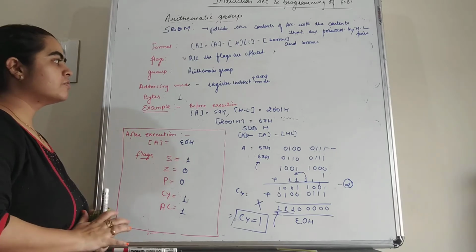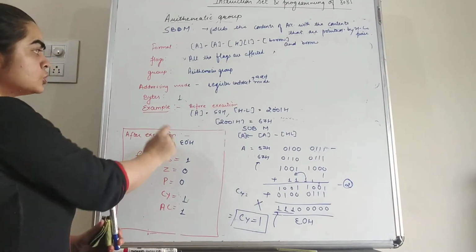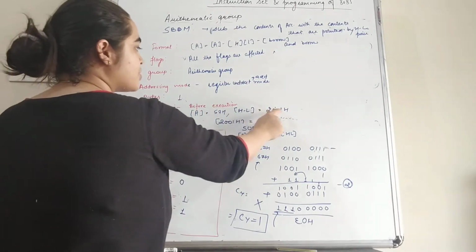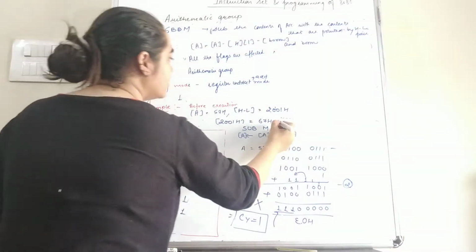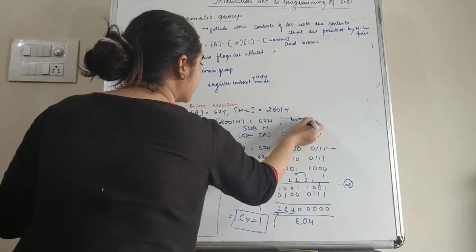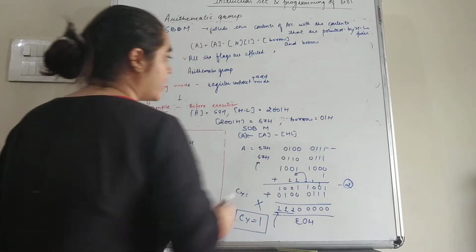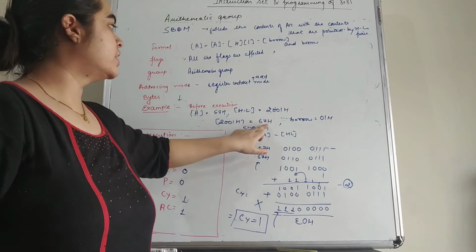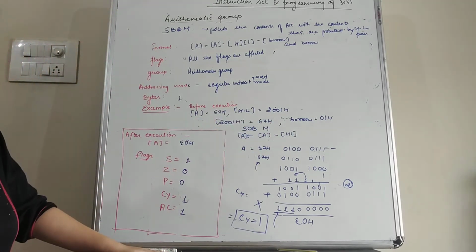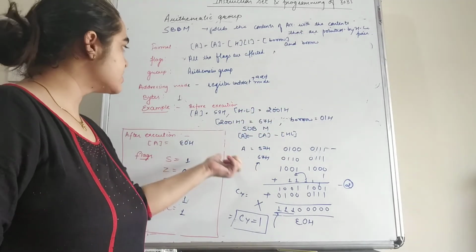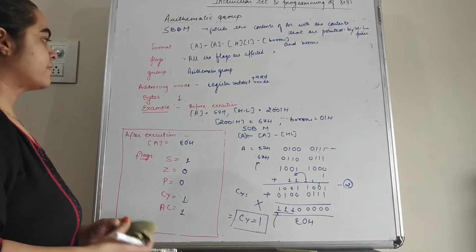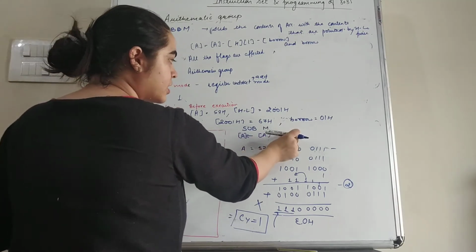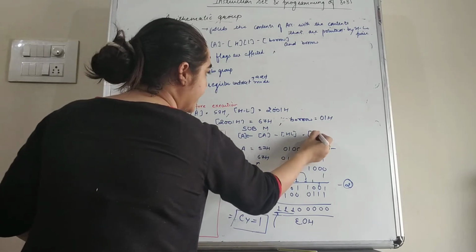Now for an example, again we are taking an example. We have the contents in the accumulator as 57H. In the HL pair we have 67H, while in the borrow we have the value 01H. So initially we can add the borrow with the contents that are pointed by the HL pair, and after adding those we can subtract that number from the 57. So the meaning of this instruction is that the contents of the accumulator are subtracted by the contents pointed by the HL pair and the borrow.